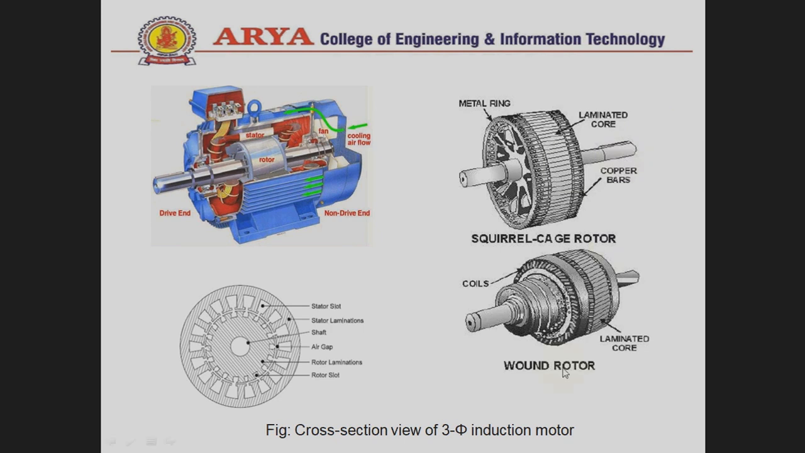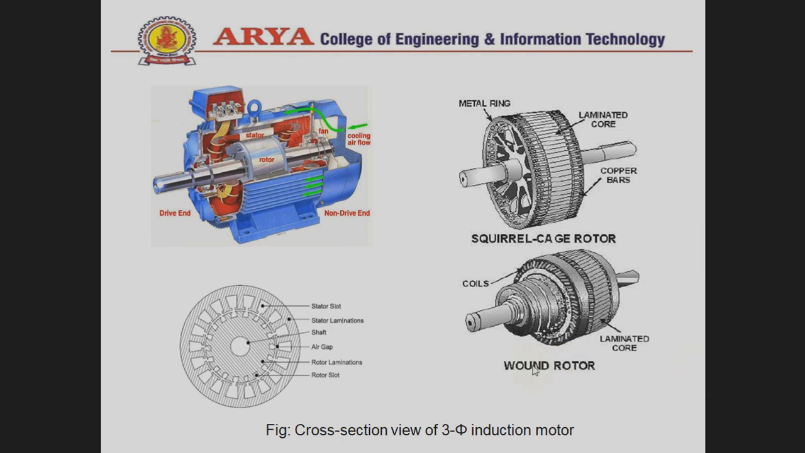the wound rotor is used where very high starting torque is needed as compared to squirrel cage, and the construction is complicated as compared to the squirrel cage rotor windings. Maintenance cost is high, and its application is in lifts and cranes, where this type of